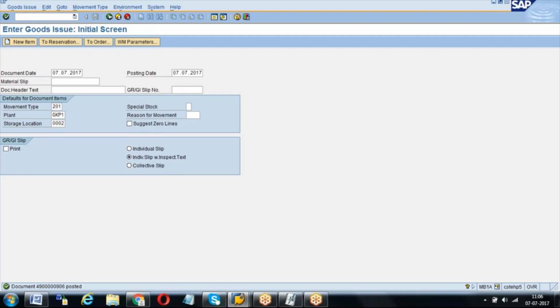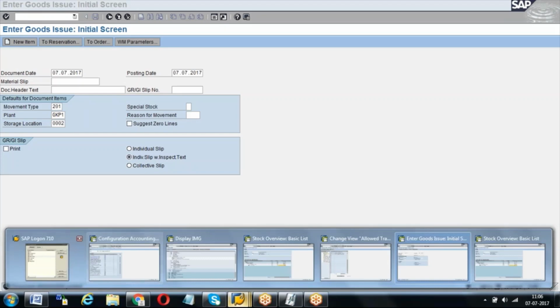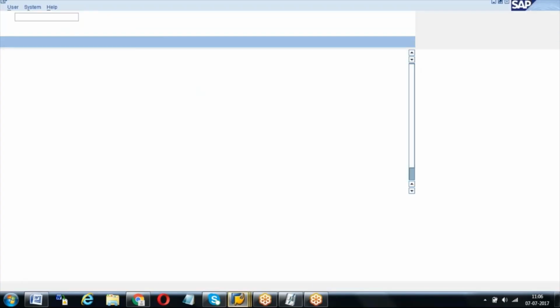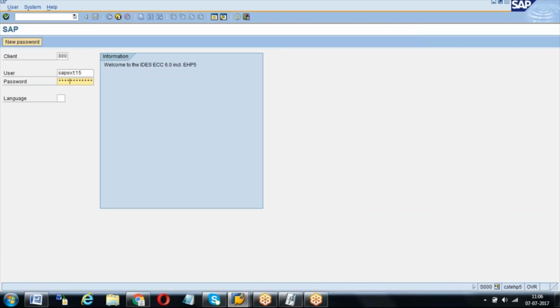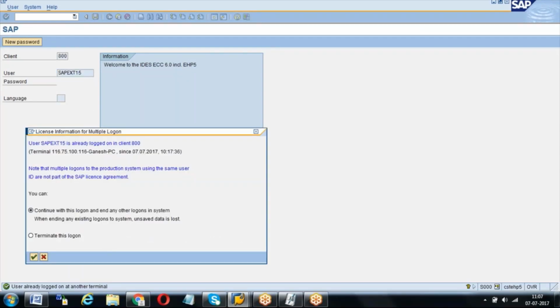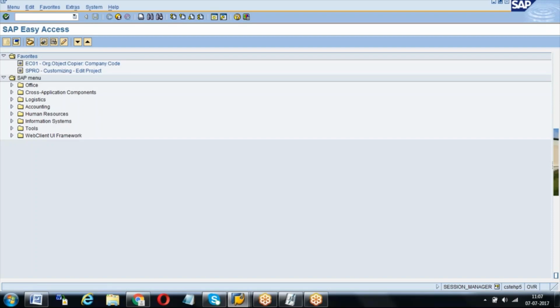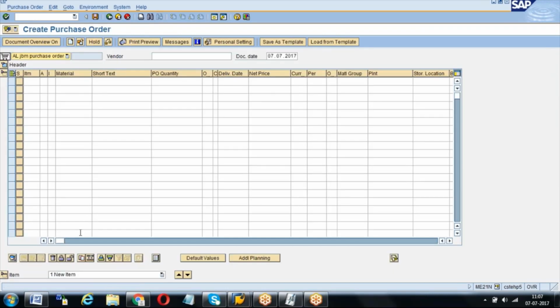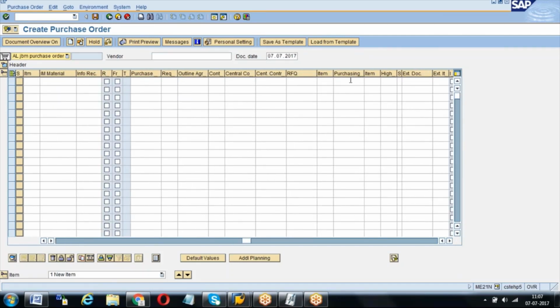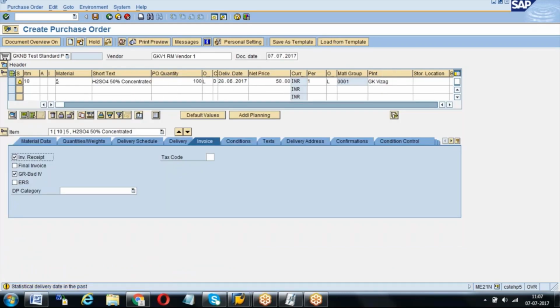For example, let me take a simple one. Okay, then account assignment category will come into the picture. Exactly, because you are not maintaining any stock, right? I will take one material directly. I am creating a PO for a material, everything. But this time what happened? Just imagine this is a consumable material and you don't maintain the stock. Okay. Generally don't maintain the stock.